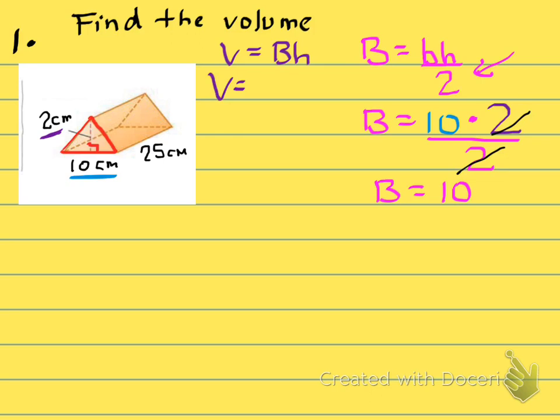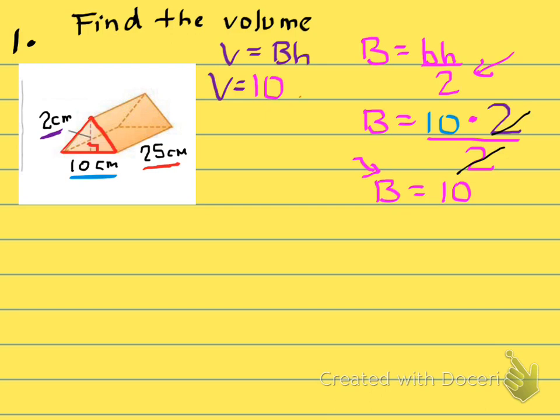Now that we know what big B is, notice we got big B right here. We got a 10, so we're going to put a 10 in. I'm using the colors that are specific to each one so that you can see the correlation where I'm getting these numbers from. And then you want to work with the height of the prism. So the height of the prism is going to be the last piece, and I will go ahead and underline that one in red. The height of the prism that we have here is 25, so we're going to go